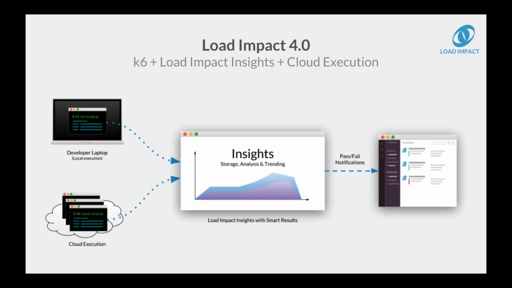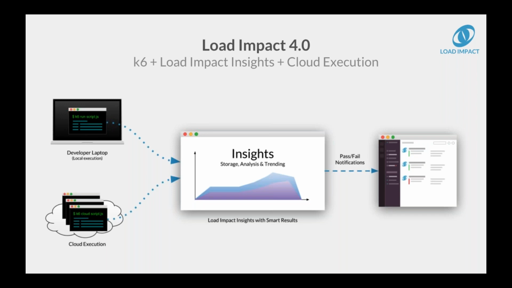So cloud execution is a very convenient extension of local execution, for when you need to run larger tests or geographically distributed tests without having to manage the infrastructure yourself. So you just change the command on the command line when you trigger a K6 test run, and instead of the test being run locally, generating traffic locally, we will package up the test, send it to the Load Impact Cloud,